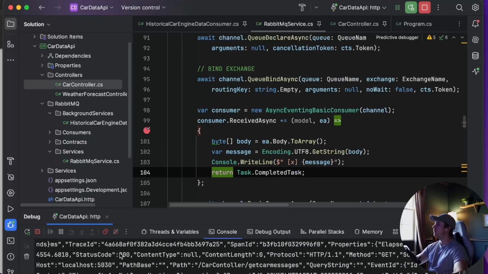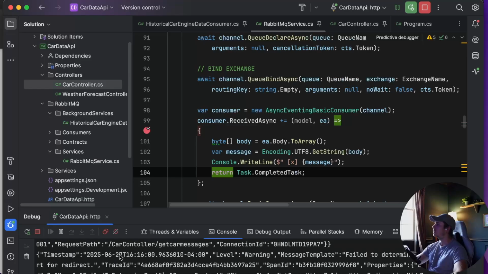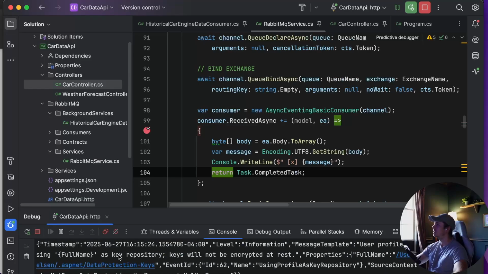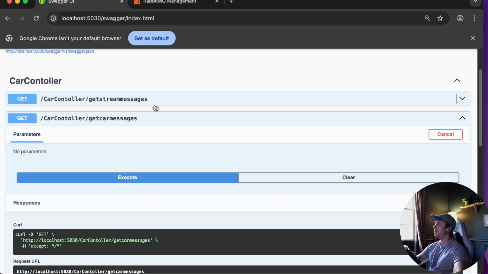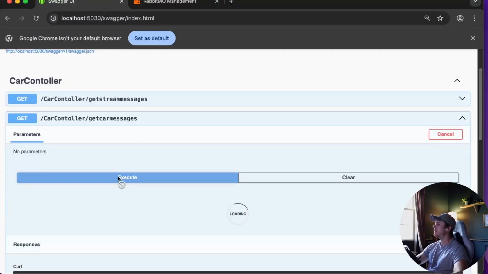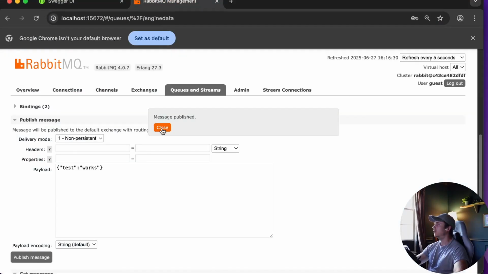Let's see. I have a lot of console logs from other things in here. Well, there's somewhere in there. But you can see how that works. And if I hit this endpoint again, it's not going to get anything because I've already gotten all the messages